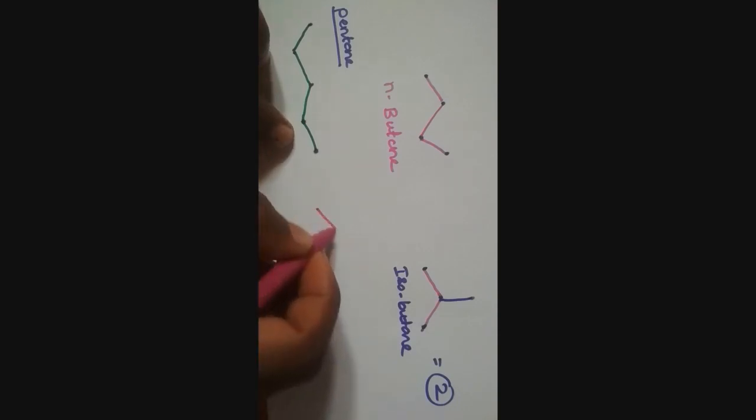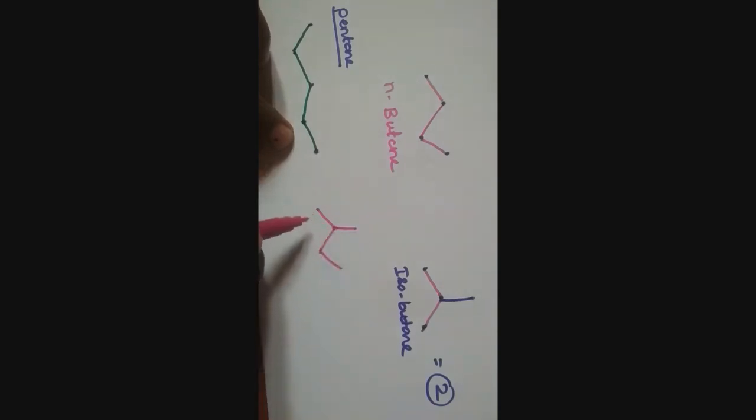When we come to pentane, 5 carbon atoms are there. See, 1, 2, 3, 4, 5 carbon atoms. You can join them through bond lines. See, CH3, CH2, CH2, CH2, CH3. This can be written in the isomer form. You can write a 4 carbon parent chain, and attach one more group, that is CH3. This is one type of isomer of pentane.